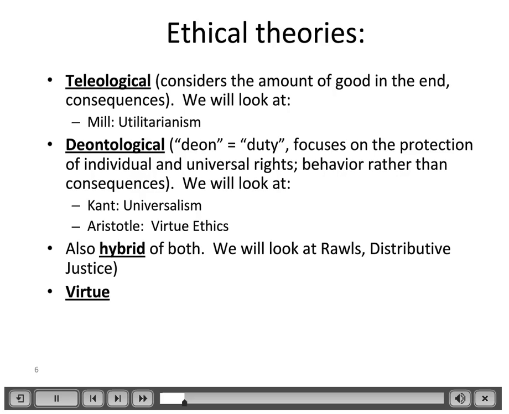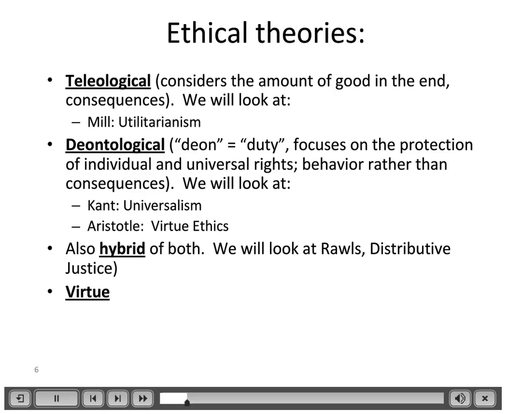And the first one is what we would call the teleological, which is really looking at the amount of good in the end, or the consequences. When we're thinking about the consequences, we're really thinking about what's the most important outcome, and was the outcome fair? Was the outcome just? What that might argue, of course, is that even your behaviors to get to the outcome may not have been good, but your outcome was good, so it doesn't matter, it's a just outcome, so therefore it's ethical. And that's John Stuart Mill and utilitarianism,